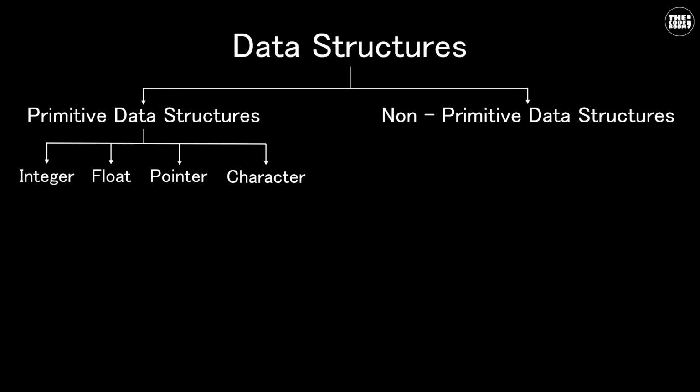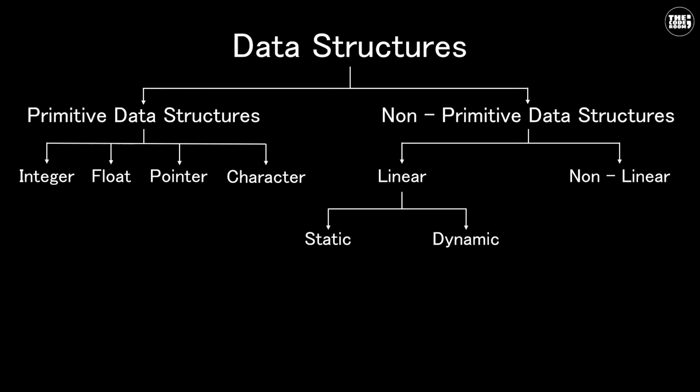Non-primitive data structures are user-defined and they are derived from primitive data structures. Non-primitive data structures are of two types: linear and non-linear. Linear data structures are sequential data structures. Every element is related to its predecessor as well as its successor. While traversing through linear data structures, we come across each and every element. Non-linear data structures are like a tree or a graph. Not every element is related to each and every element. While traversing through non-linear data structures, we might not come across each and every element.